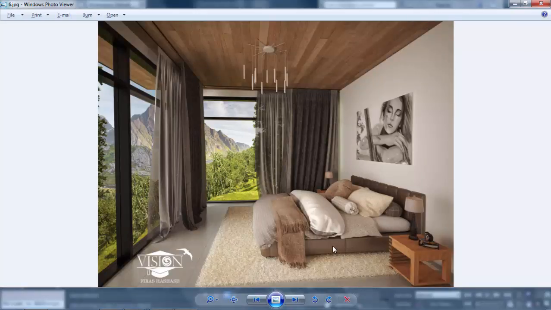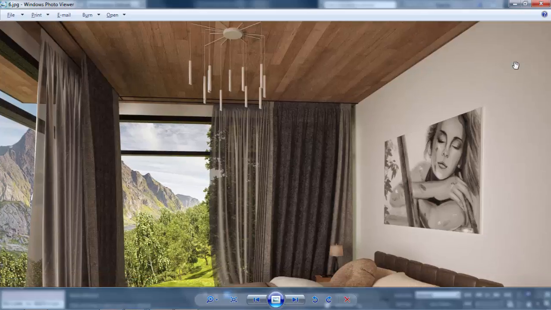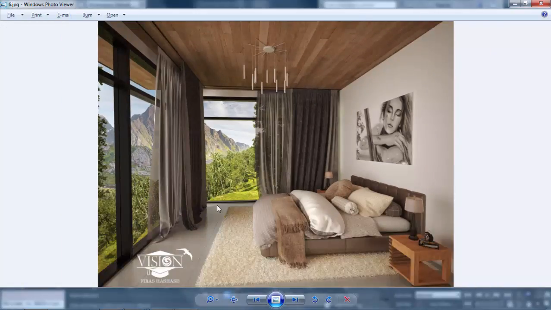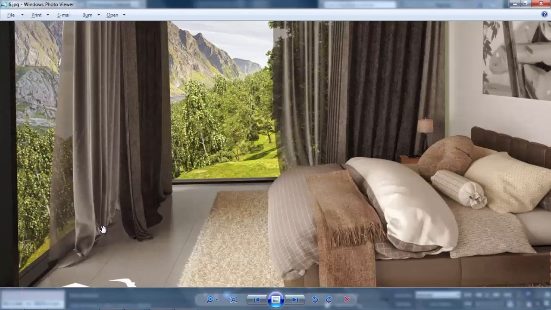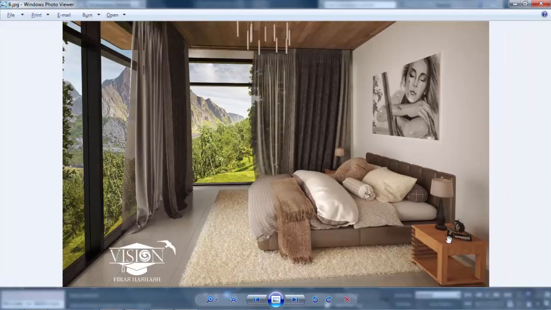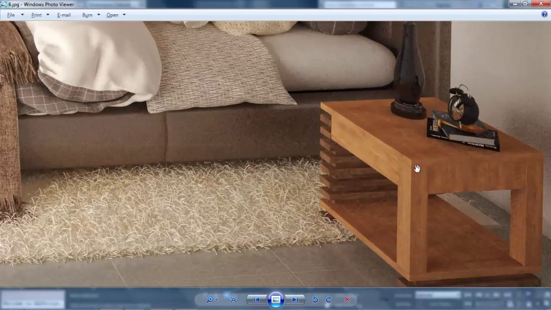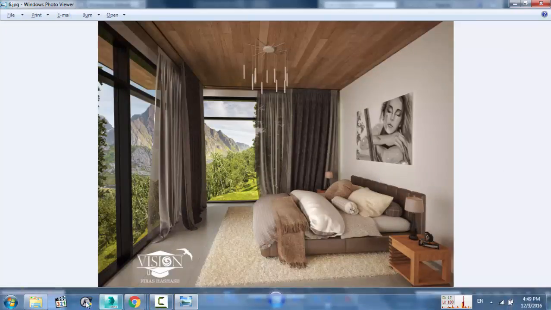For example, as you can see, the colors are very neat, and they look pretty good with each other. The white color for the wall, the wood, and also the ground. So I did the same and searched for modern nightstands on the internet, and here's what I got.